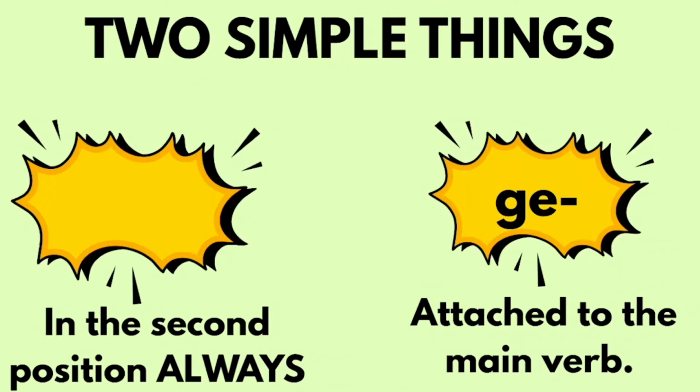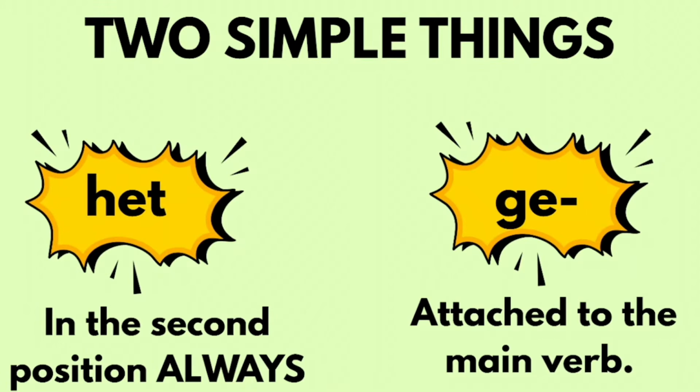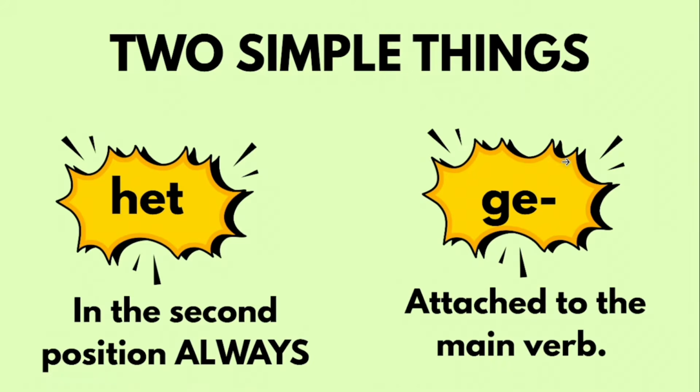Okay, so how we're gonna do this is that we're gonna make sure that het is always in the second position in the sentence. What I mean by that is you need to know your Stompie rules. So Stompie starts with S, which is for subject, and then T, which is for time. When did something happen? So between S and T, there's a little space there for verb 1. So it's always in the second position. And I'm talking about the second position because it's going to be very important for you to know where to place het no matter what. So keep that in mind.